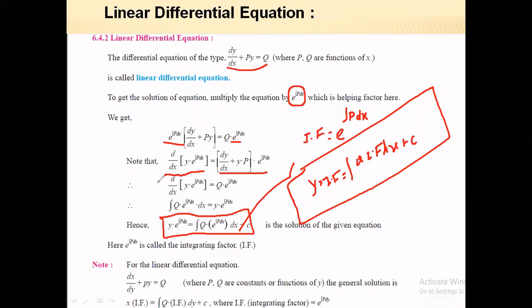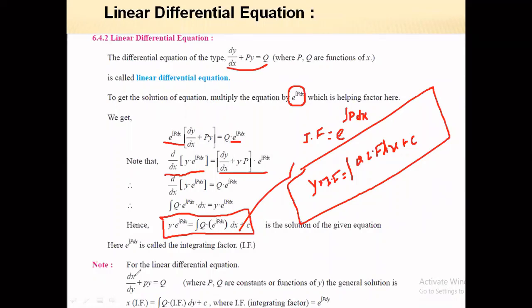पिछले अगर एग्जाम इक्वेशन में हम फॉर्म देखेंगे, so it is of the form of dy by dx, it is of the form of dx by dy plus py is equal to q. तो यहाँ पे थोड़ा सा चेंज आता है. Now here p and q are the function of y only, and the general solution is what?